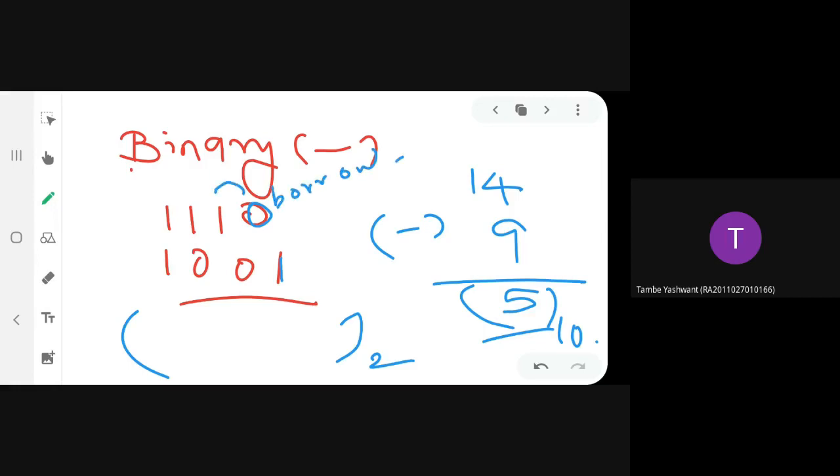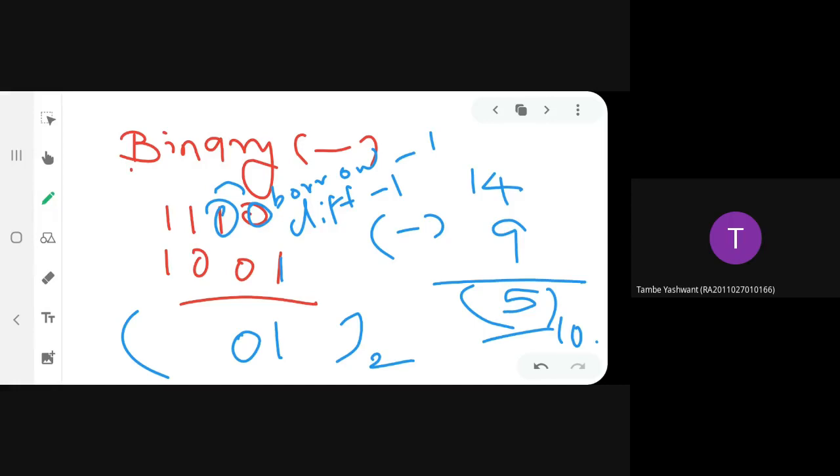What will be the difference? The difference is also 1. Okay, so 1. All right. Because you have borrowed from the next column, this will become 0. So what is the answer? 0 minus 0 is 0. All right. Next, 1 minus 0.